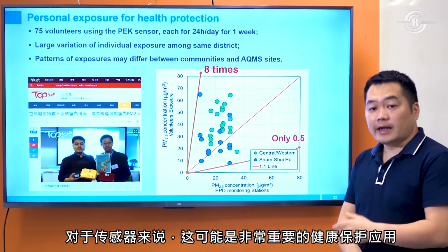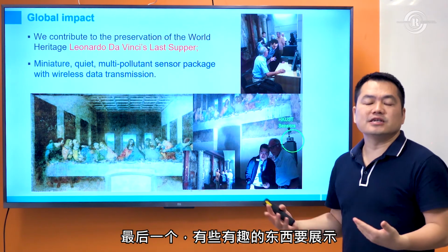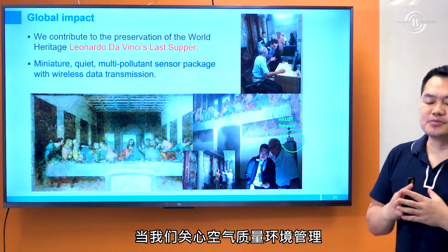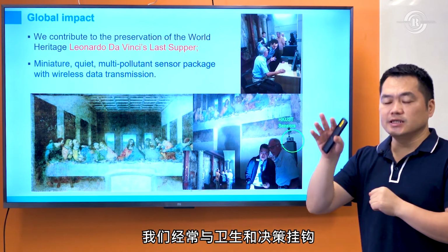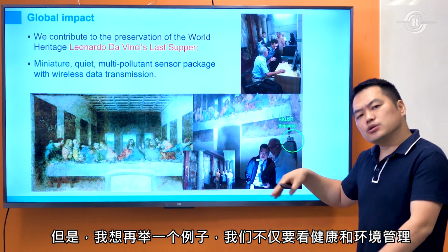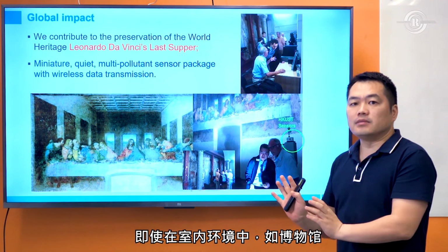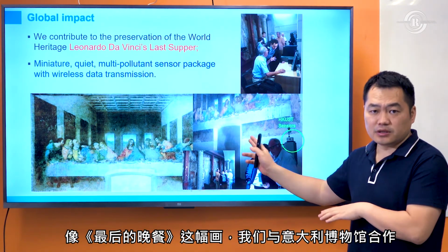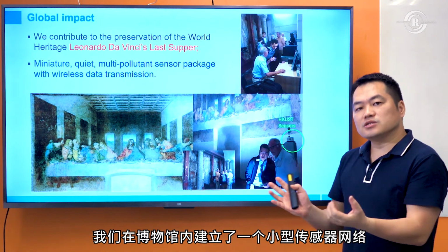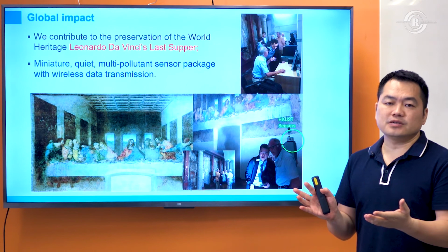The last one, something just interesting to show. When we care about air quality and environmental management, oftentimes we link with health, we link with policy making. But here I want to give another example. Even in a macro environment like museums, like the Last Supper, we work with the museum in Italy, and we actually set up this small sensor network inside the museum, and the purpose is also about environmental management, but it's about building environmental management,